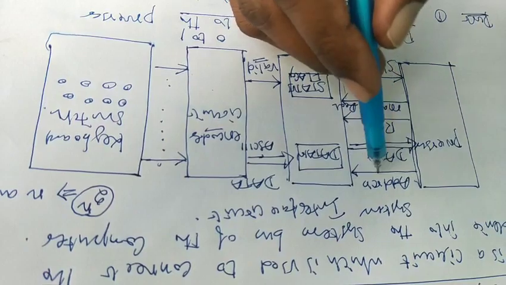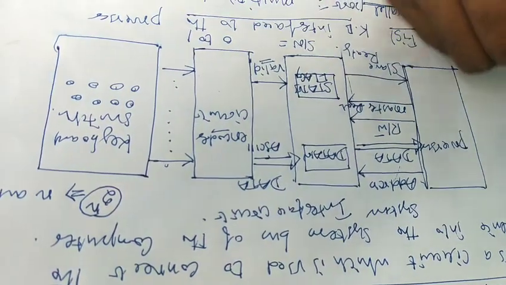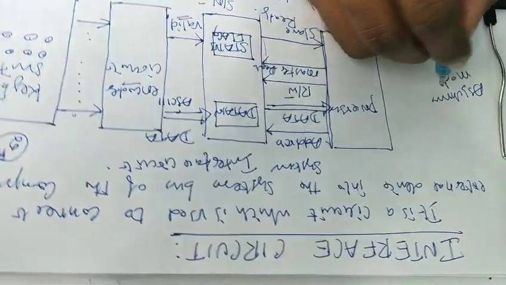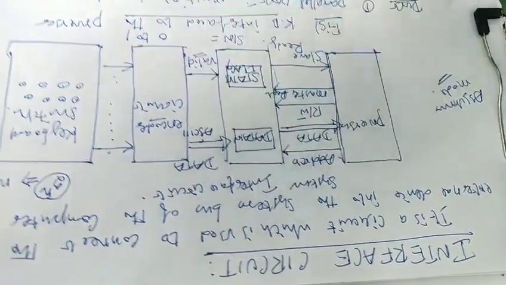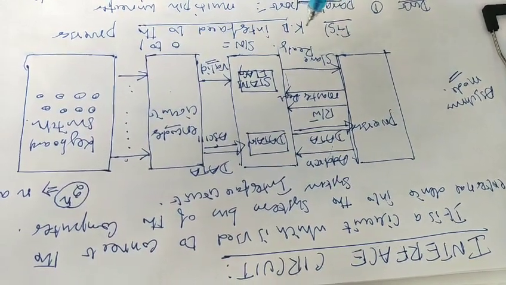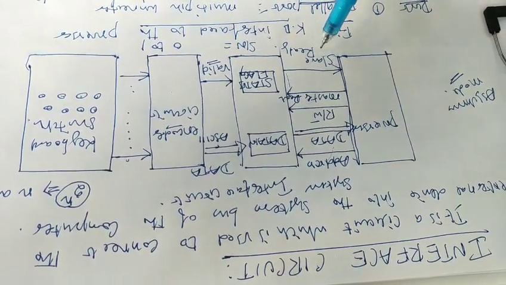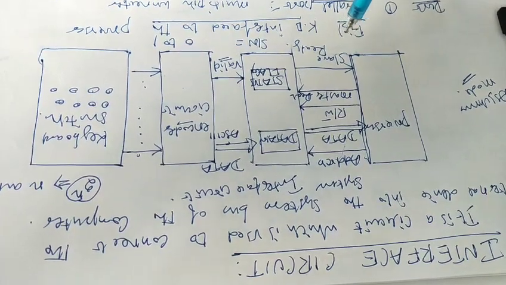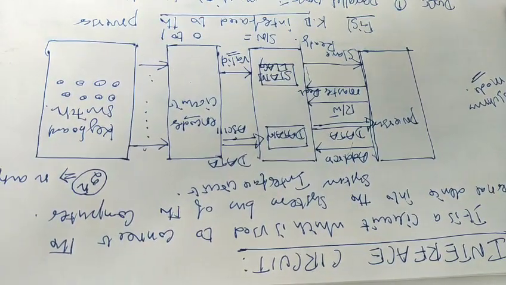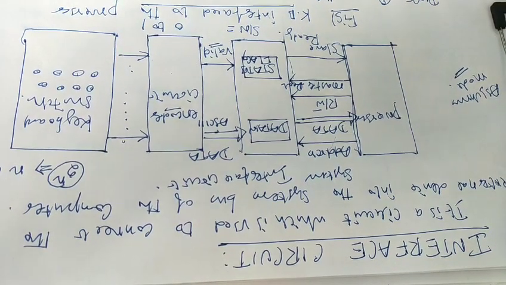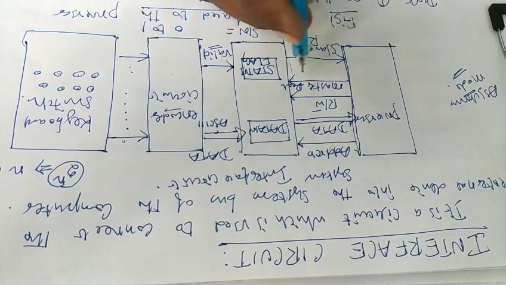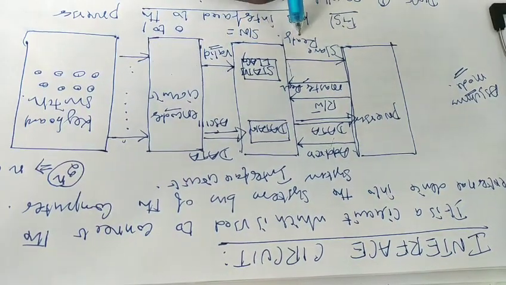Meanwhile, the other end of the interface circuit is connected with the processor with the help of the system bus. The working principle of the system bus is an asynchronous mode of communication. As far as bus communication is concerned, there are two ways: synchronous bus and asynchronous bus. In a synchronous bus, each and every operation is time bounded. In a particular time period only particular signals are transferred. That is the synchronous mode of transferring. The asynchronous mode of transferring is achieved with the help of two signals, master ready and slave ready.